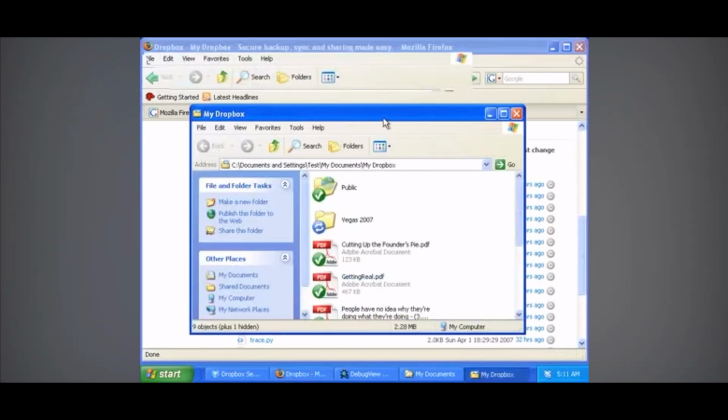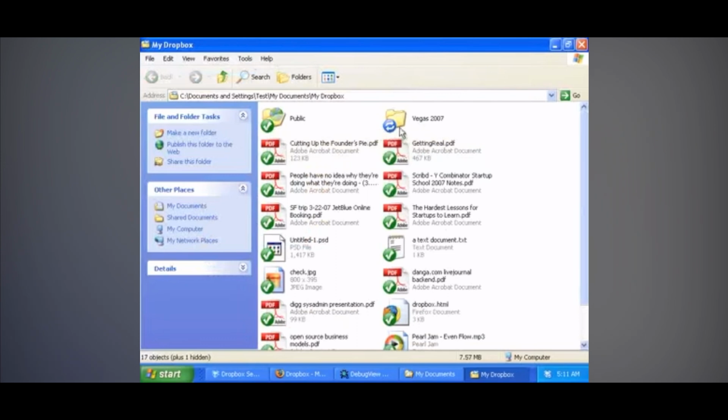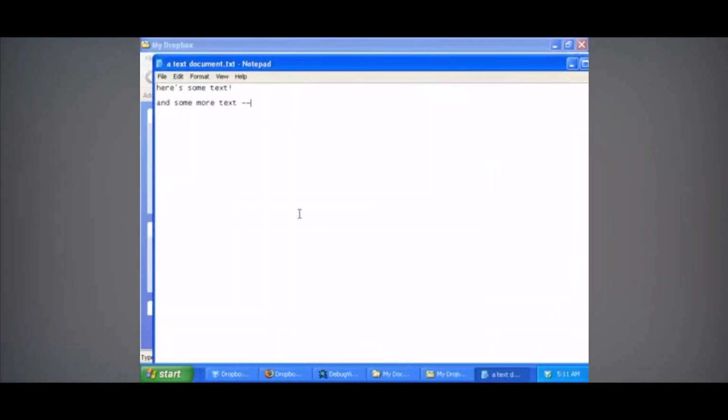And as far as the Windows interface, it looks like a normal Windows folder except for these green and blue icons indicating whether or not the file's up to date. And Dropbox is done pulling down all of my stuff. And an important idea behind Dropbox is that it fits into the way you already work and synchronizes your files continuously. So I can make a change to a document, so like this text document,